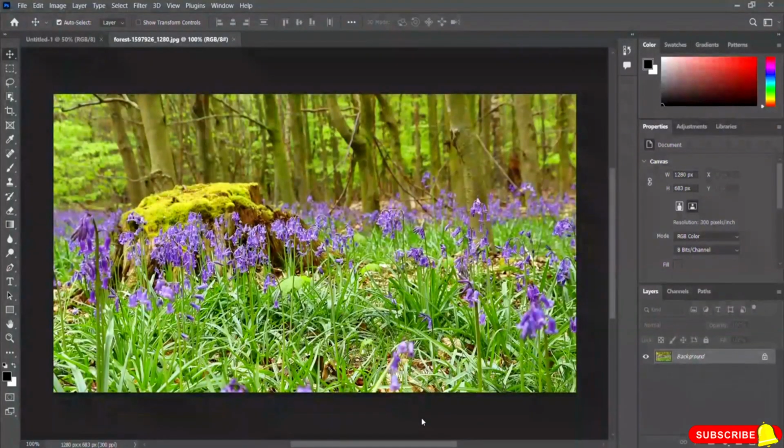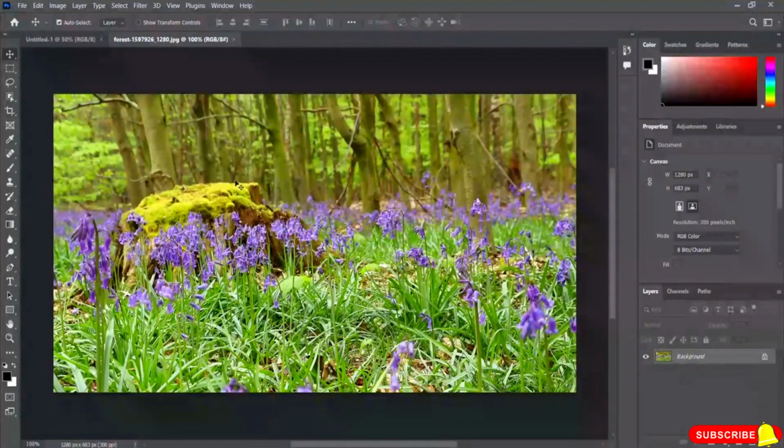So you can see a new image is opened in our new tab here, and this is an image of some purple colors, flower. You can see the grasses, you can see the trees, and you can see the leaves of the trees. But if you consider the color of the flower or the grasses and all the leaves, it doesn't seem active. But if you want to make them active, in that case, you have to use the vibrance and